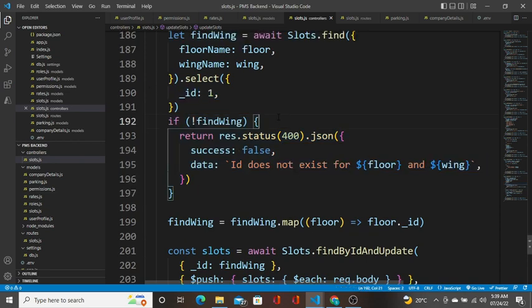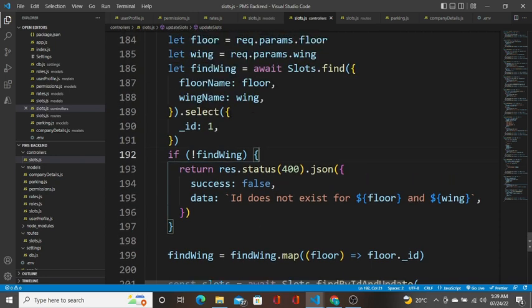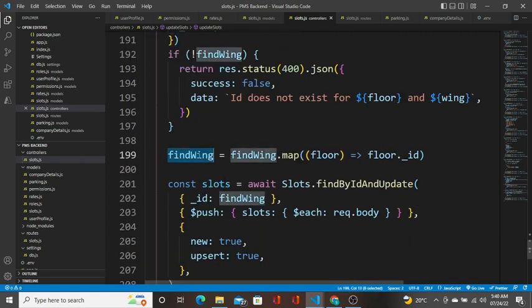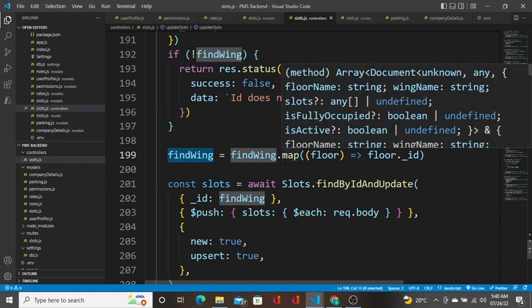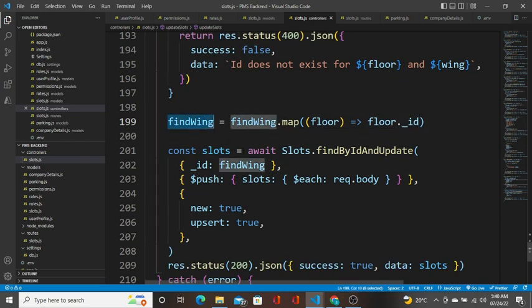So இப்போ இங்கே என்ன நடக்கும் அப்படின்னா we will get an object in find wing. So if this matches, okay, we will get an object. From that object I'm going to run a map function. Map function எதுக்குன்னா it will iterate an array. Okay, so array iterate பண்ணி அதில் இருக்க டேட்டாவை நம்ம get பண்ணலாம், right? So I'm going to iterate this variable and get the id and pass that id as a param to